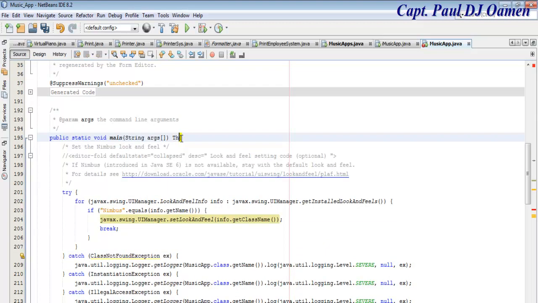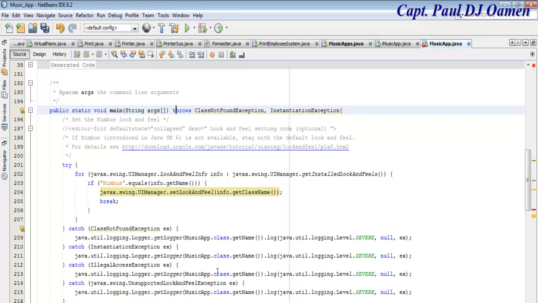Just enter throws, enter the first one, copy the second one right there, copy, and enter a comma there, that's the second one. This should actually be lowercase, right? Then copy the other one here, illegal access exception, enter a comma there again, that's 3, and